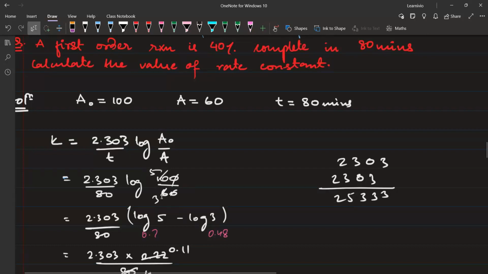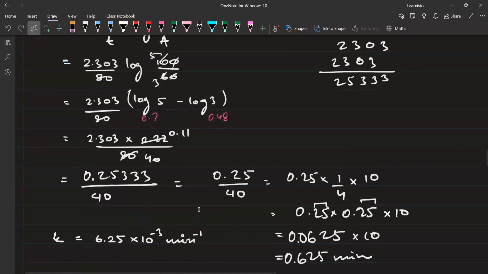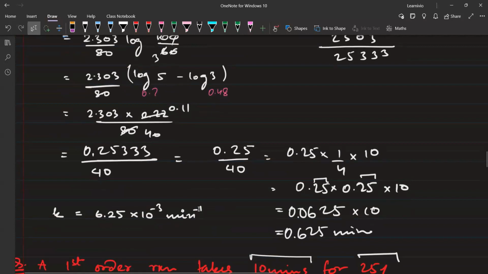ये क्या आपके पास लॉग का वैल्यू बहुत ज्यादा नहीं आ जा रहा है? अच्छा, यू हैव टू, अर्सलान, देखिए, यस सर। मेक सेंस? हम्म ठीक है, चलिए, सो यू विल गेट द आंसर इज 6.25 इंटू 10⁻³ मिनट इनवर्स। हाँ जी, ठीक है, फाइन।